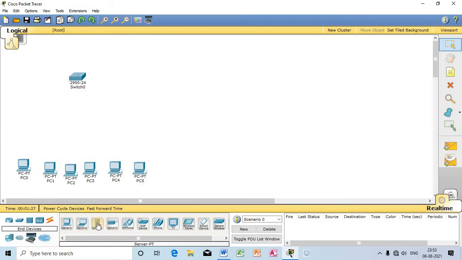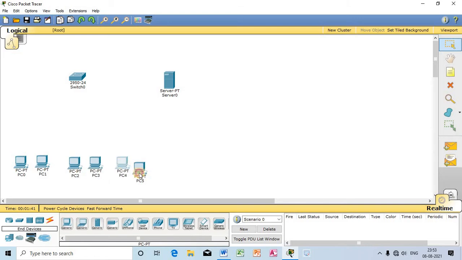So here is the DHCP server. I have taken the DHCP server, and to configure this particular switch, I need to connect a laptop or computer. So let me take a laptop. This laptop will be used